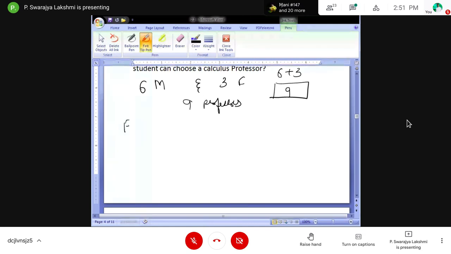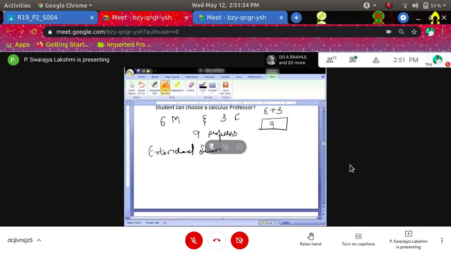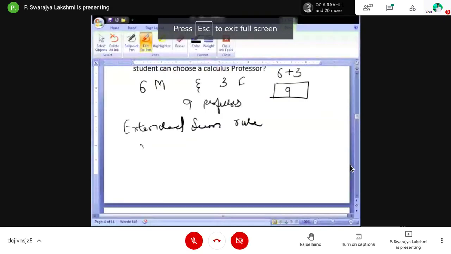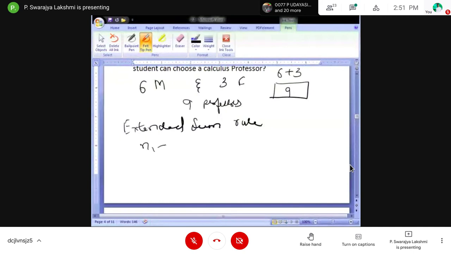Extended sum rule: we say n1 plus n2 plus n3 and so on plus nn. So we'll see an example.